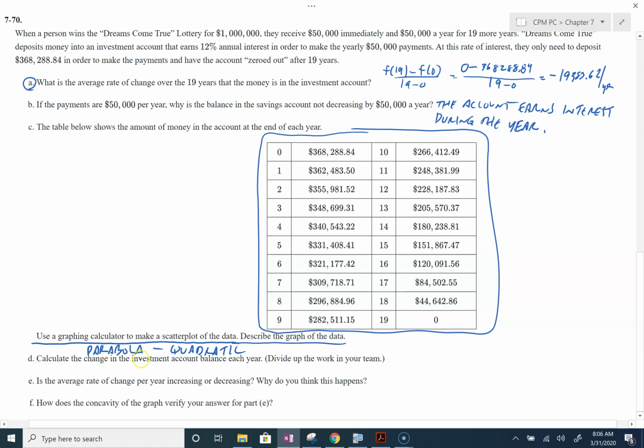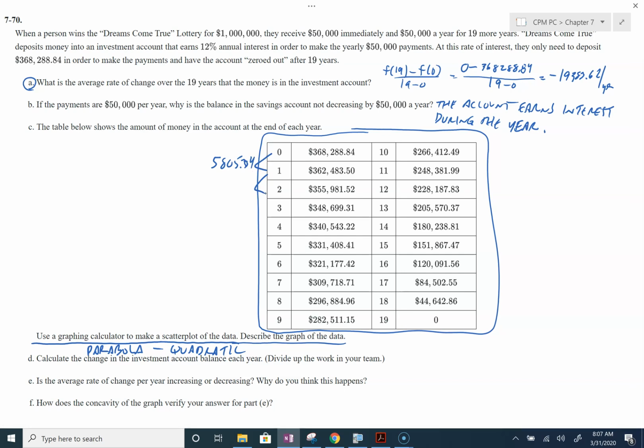Okay, to calculate the change in the investment account each year, we're just looking for the difference here. So 368,288.84 minus 362,483.50. So the account balance only went down by $5,805.34 the first year, and then in the second year,